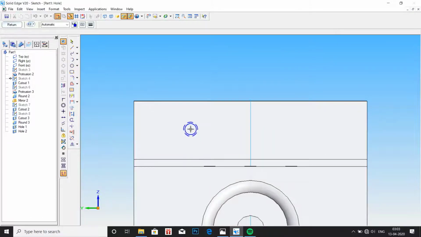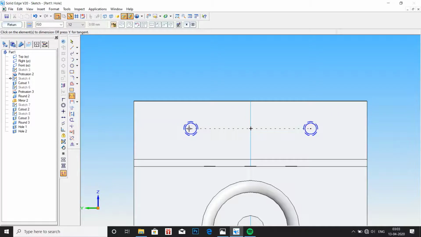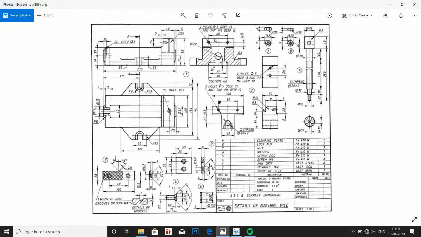Click on OK and place it twice, one here and the other horizontally. They should be horizontally at the same height. Distance between them should be 60 mm, which is shown here.